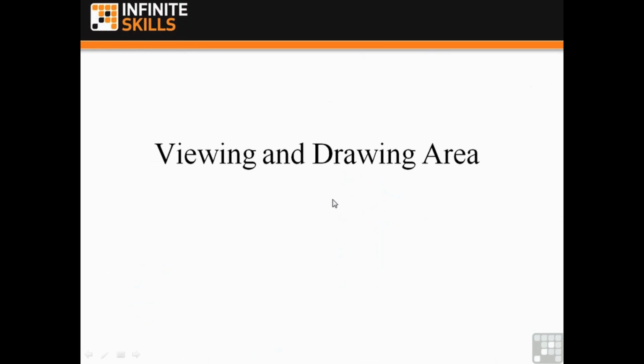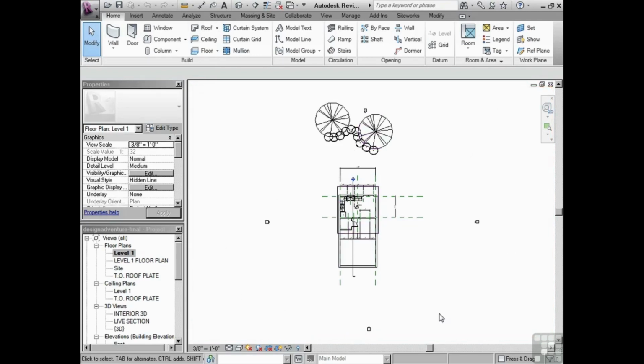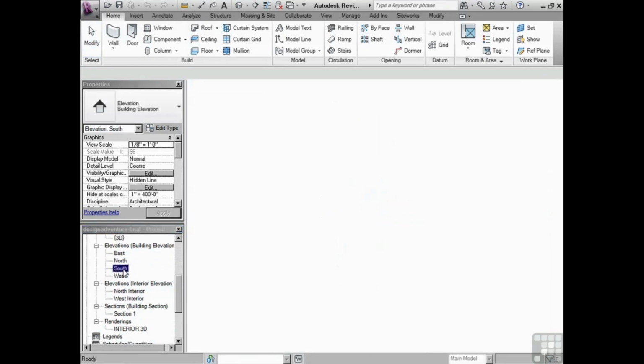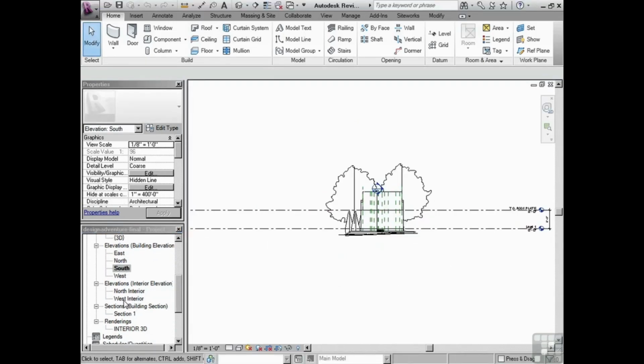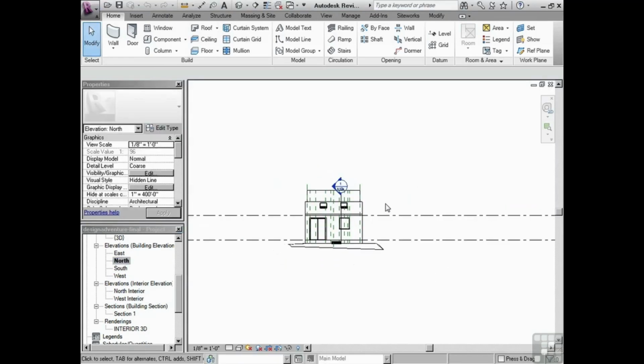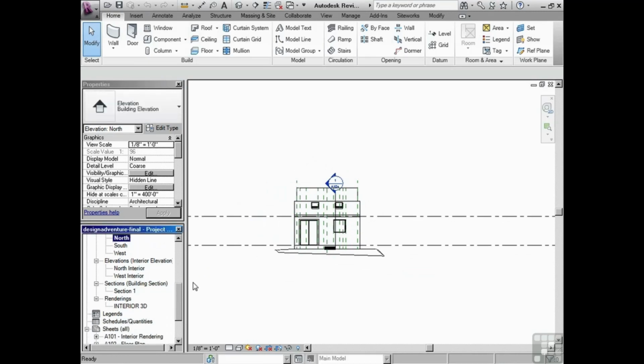The viewing and drawing area. The viewing and drawing area is this right here. So no matter what view you're in, and we're leading up to the project browser as well, I'm going to just double click in the project browser and go into different views. There's a south view, there's a north view. I'm zooming. We'll discuss all the zooming and panning functions later, but you can see that this is the